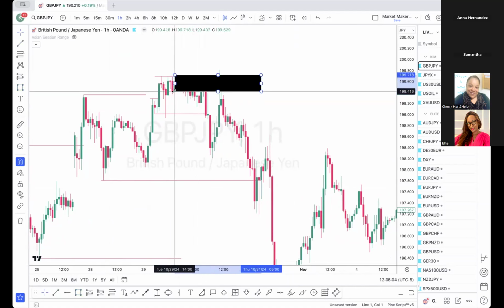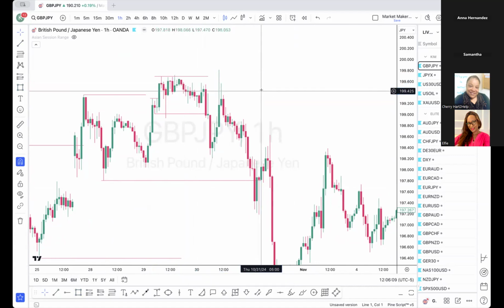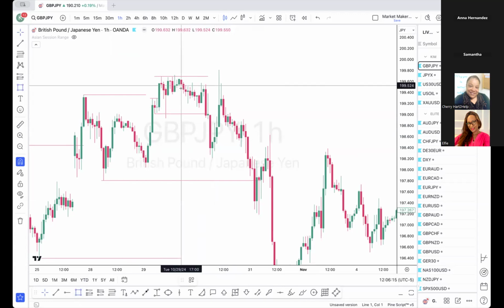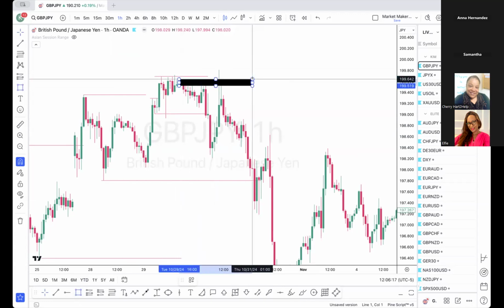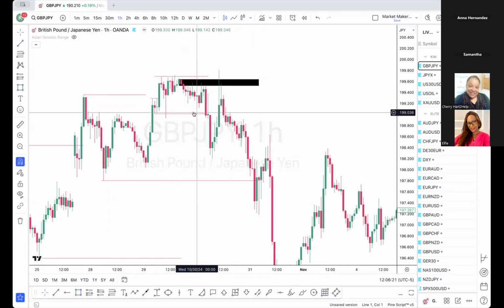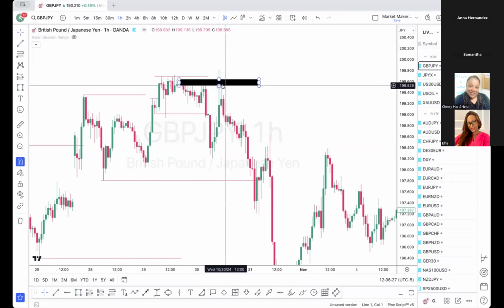It's usually the last up candle before the down move. So this would definitely be my last up candle before the down move. Once price broke this structure, this was the last up candle before the down move. So that would be my